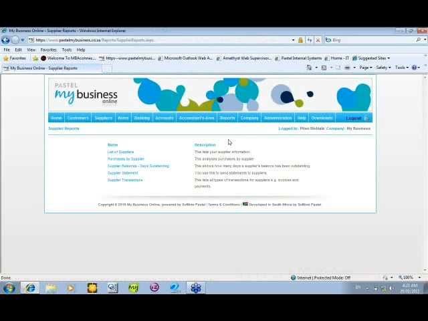While I wait for the report to update, there we go. You can print a supplier report showing you a list of all your suppliers. You can view your purchases by suppliers just to have a look at which of your suppliers you are buying stock from the most. You also have a supplier balance days outstanding for you to see which of your suppliers you owe in the different periods, in current, 30 days, and so on, so that you can prioritize those payments